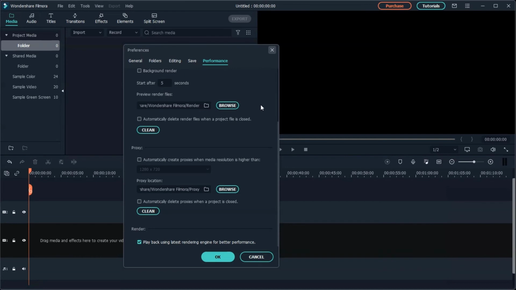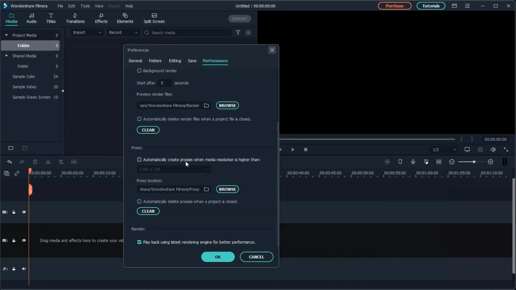Using 4K or UHD files in your projects causes Filmora X to slow down and even crash, especially if the computer you are editing on doesn't have a lot of processing power. The simple solution is to use low-resolution proxies for editing and playback. Proxies are considerably smaller than raw video files. Using proxies is a simple but very effective video editing technique that speeds up the video editing process by reducing the time it takes your computer to render previews or perform any other video editing task.